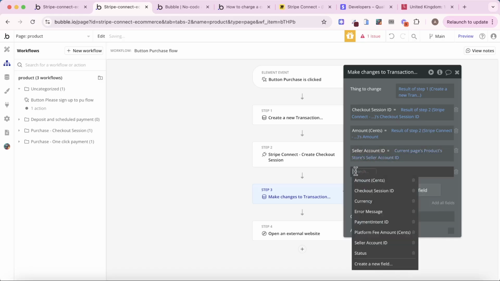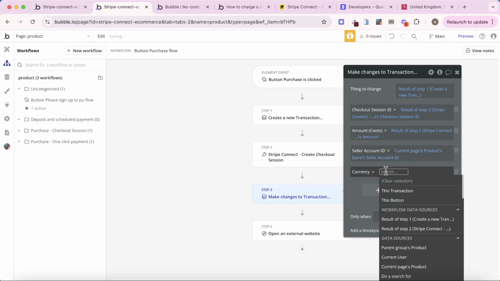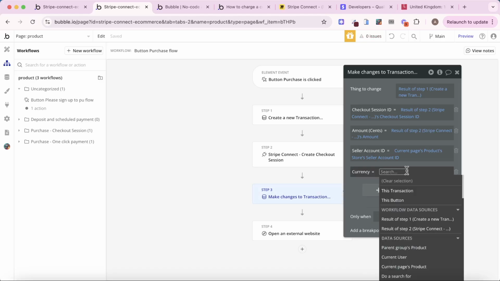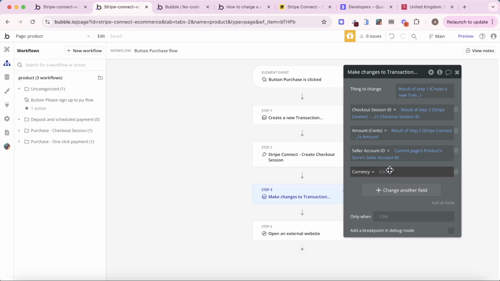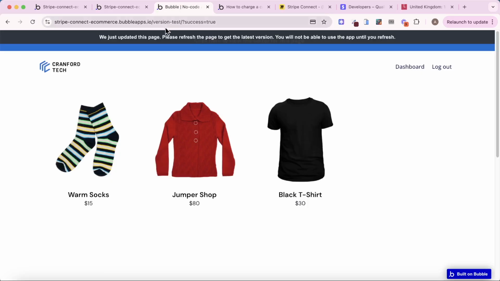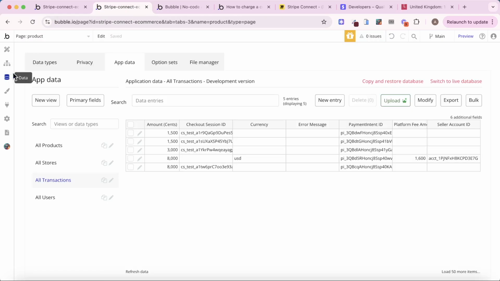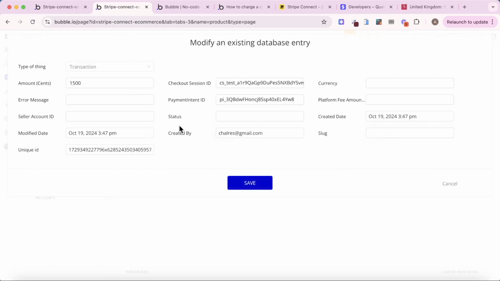We can also put in currency as well. I know it's USD in this case, so I can just type that in. You may have dynamic currencies going on, in which case you'll need to make it dynamic, but in my case, I know it's always going to be USD for now. Okay, so don't need to worry about that at the moment, but let's just refresh and keep everything up to date. So we do have the payment intent ID saved down, which is really key, because with that, we can